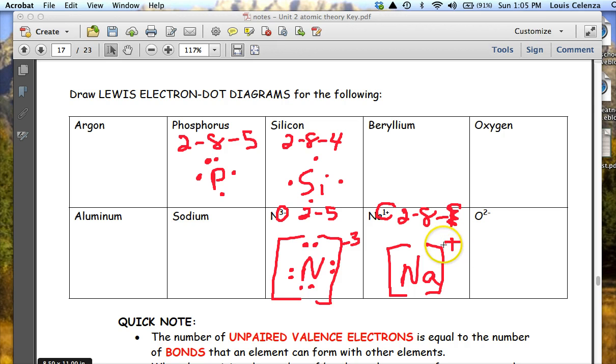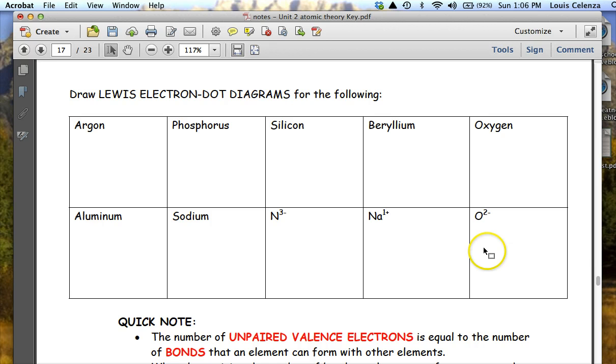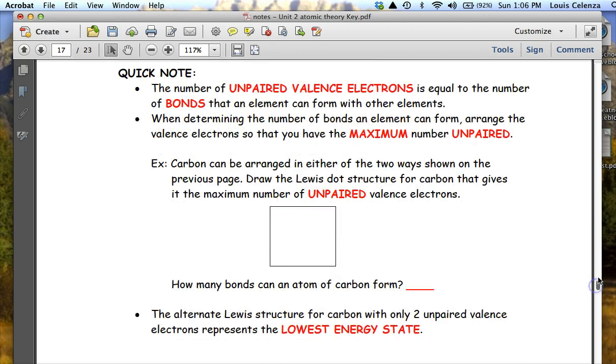So a couple of things, if you look at the bottom, that it talks about, which are important. And you'll see this when we do bonding. The number of unpaired valence electrons is equal to the number of bonds that an element can form, and we'll talk about that later on. Carbon can be arranged in either of 2 ways, and we talked about that before, but we're going to look at carbon in this particular